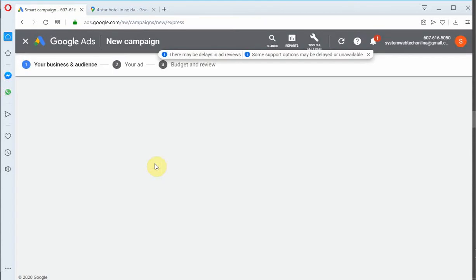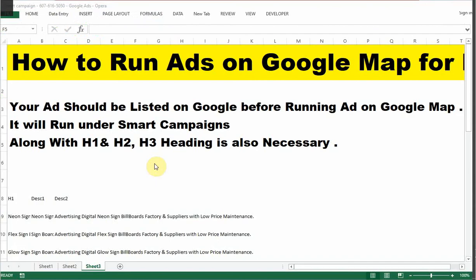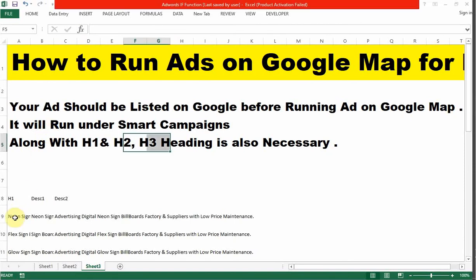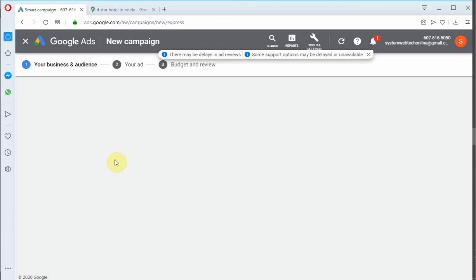So as I already told you, we have to fill the heading 1, heading 2 and heading 3, right? So we already selected the heading 1, heading 2 and heading 3 on our sheet, so that it will consume less time of our viewers. So for example, I am taking this heading 1, and as soon as this interface reloads, these 3 steps are showing.